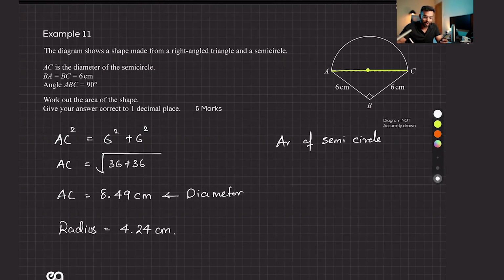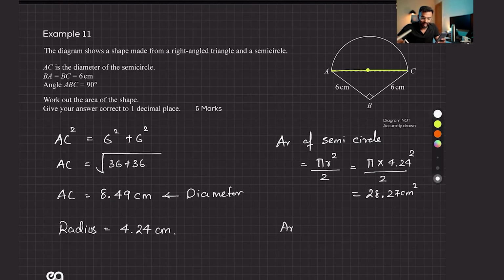And now we're working out area of semicircle, which is not given to you. What is it, guys? Pi r squared divided by 2. Okay, pi r squared is the area of a circle, so pi r squared divided by 2, which would be pi times 4.24 square divided by 2. Put that in your calculator. So pi times my answer divided by 2. I'm getting 9 pi, which is 28.27 centimeters square.